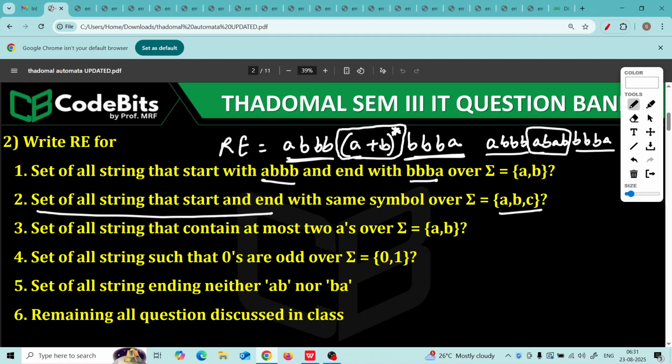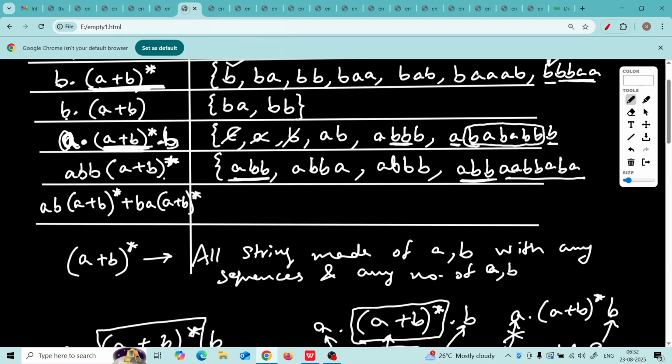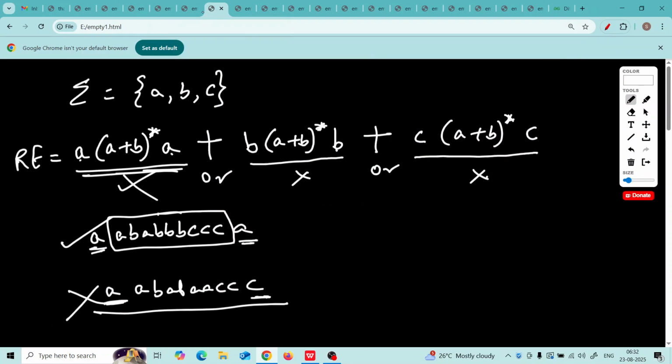Okay. Now, set of all strings that contain at most two A's over A comma B. At most means maximum. Okay. So which string should be selected? Let's see, at most two A's, and sigma given is AB.